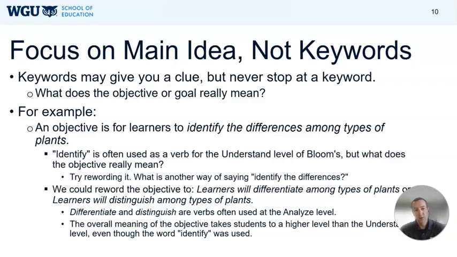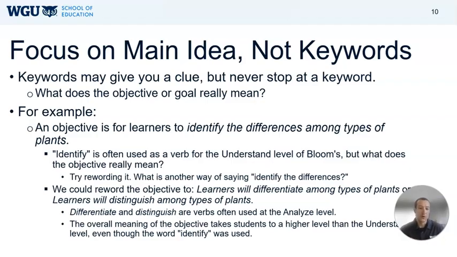So if we have an example here where an objective states that learners are going to identify the differences among types of plants, we might see a keyword here being identify and think that identify is often used in the understand level because we're able to identify something. But here we're thinking about, okay, what is this objective actually asking? It's asking us to identify the differences among types of plants. So it's more than just identifying a plant, but we're going to talk about those differences. So we're sort of boosting it up a few